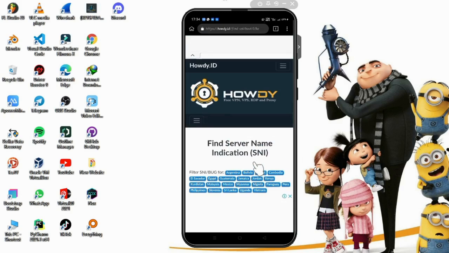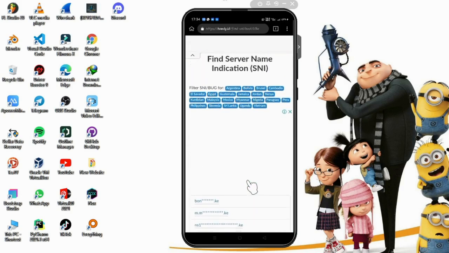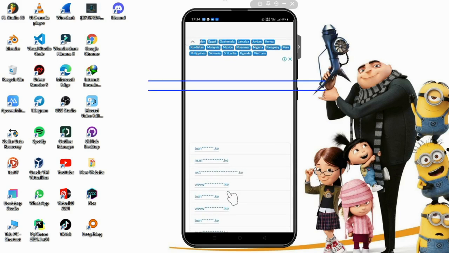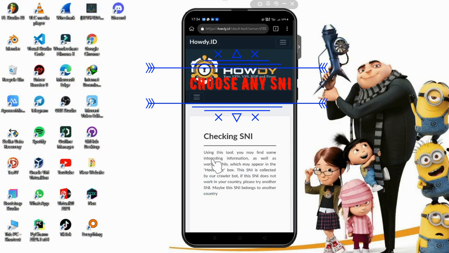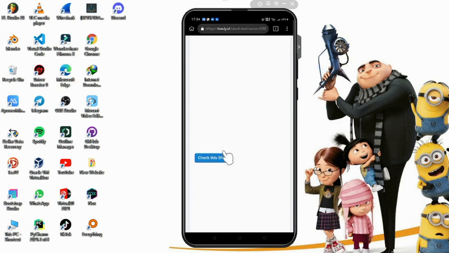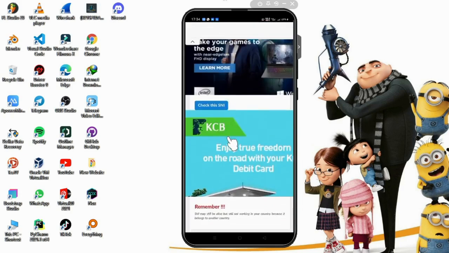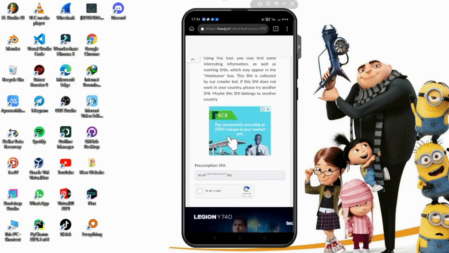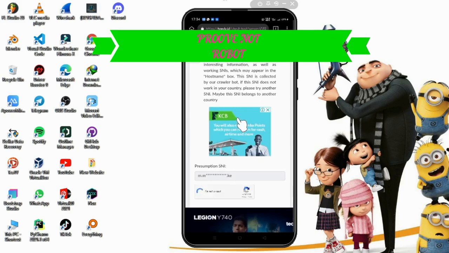If you can see there, there are some hosts here, so we're going to test each one of them. I'm going to choose this one. I'm going to confirm that I'm not a robot. Okay, done.